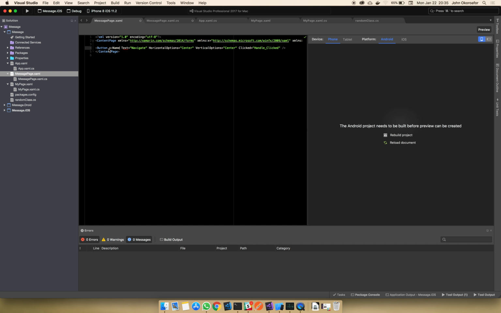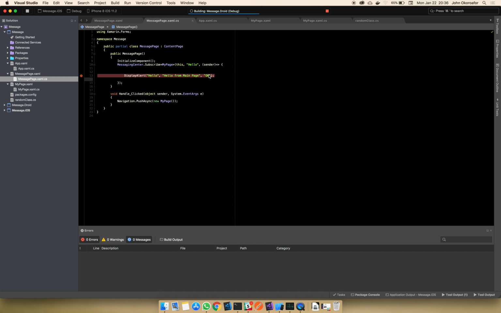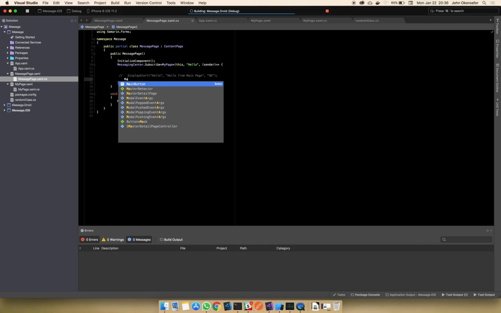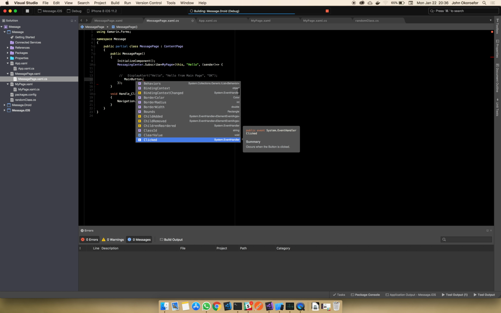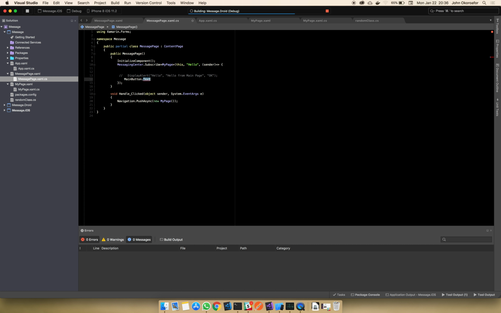Name is main button. Don't know why that's complaining. So when we receive this message, to make it more interesting, to show you that this works in the background as well, I'm going to call main button dot text. It's going to be received. Okay,